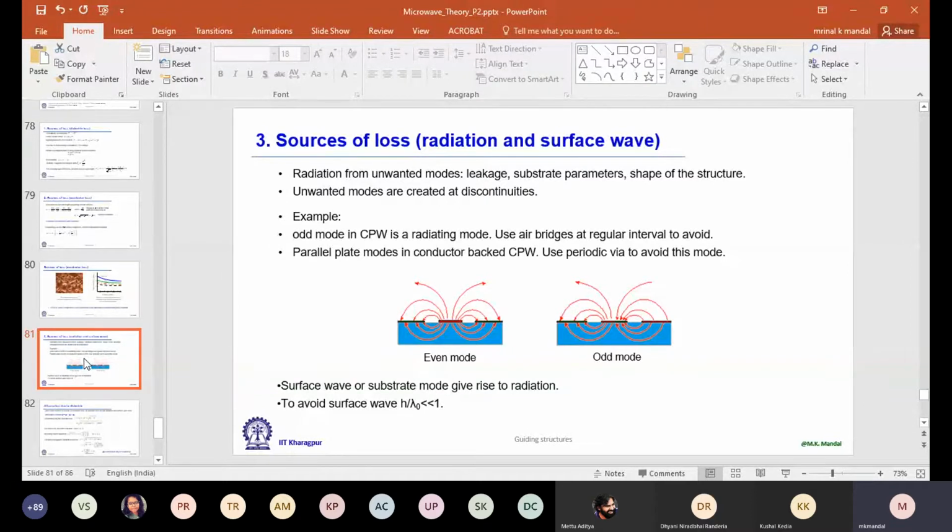So these are in general known as discontinuities, and just at the discontinuities, it may not be the TEM mode. Other than the TEM mode, we have different higher order modes. If you go through a simulation, you can find out how the electric and magnetic field distribution looks at these discontinuities. Well, so mostly radiation comes from these discontinuities. In some cases, we can utilize this property, radiation coming from discontinuity, to design an antenna.